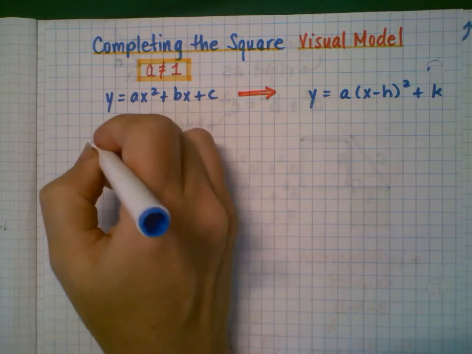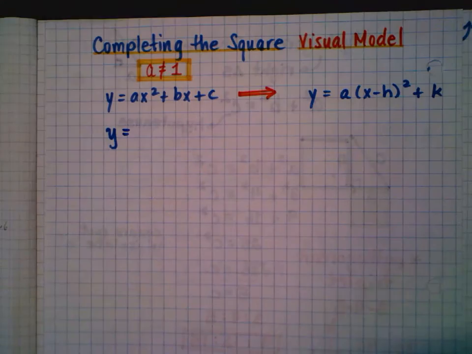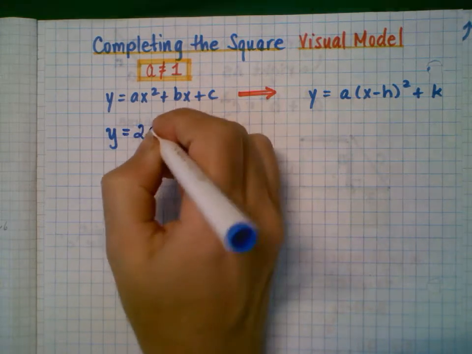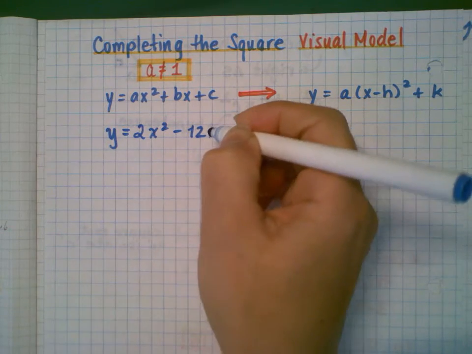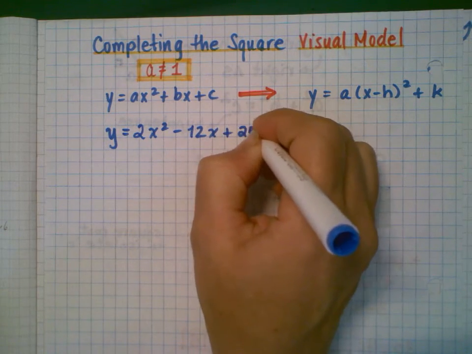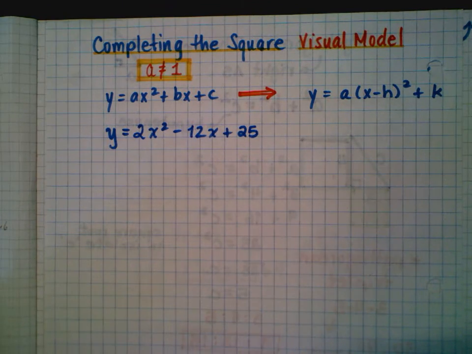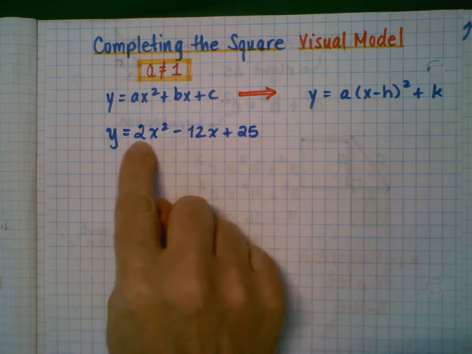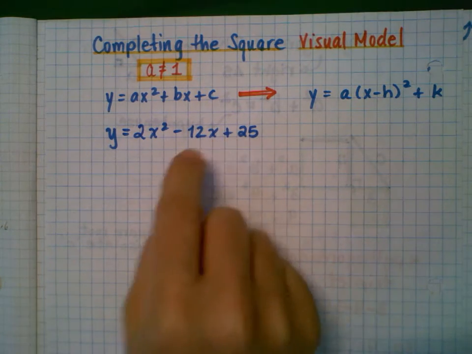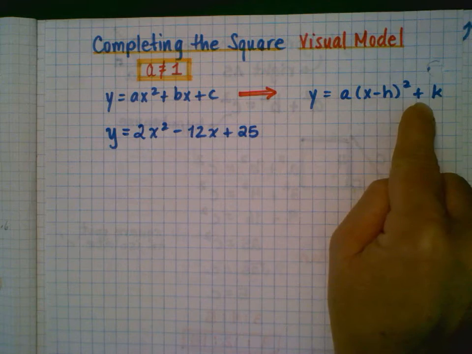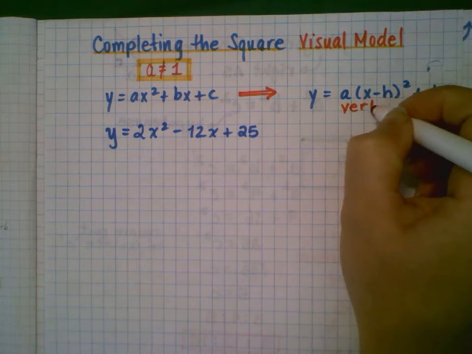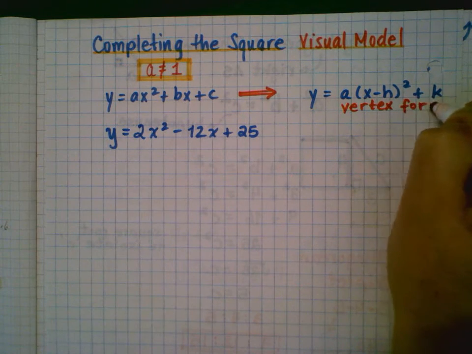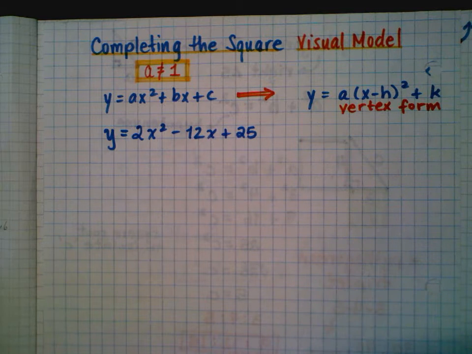Okay, so the first one we're going to look at is a quadratic with a leading coefficient of 2. So we've got y equals 2x squared minus 12x plus 25, currently written in standard form, and we're going to use this visual model in order to rewrite it in vertex form. So this form is called vertex. Okay, so the first step